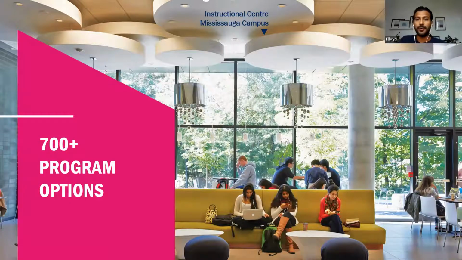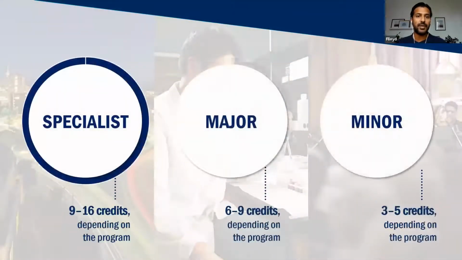Now, again, as I was saying, programs like English, biology, computer science, you'll find across all three, but some will be unique to each particular campus. Now, when we're talking about program types, I know this question comes up a lot. Students at U of T that are not in engineering typically take about 20 credits to graduate. And how you structure those credits will be your program structure. So this is where specialists, majors, and minors come up.